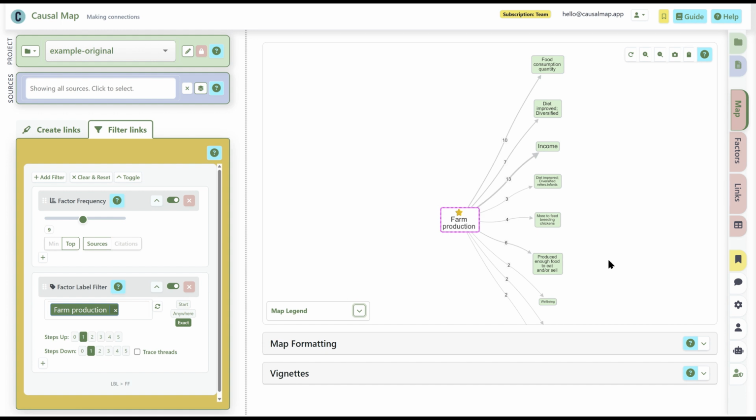And there's one more thing in the interactive view. You can create new links. Supposing you're doing a workshop and you've got this on a screen, everyone's looking at it, or everyone's looking at it on their own screens. And somebody says to you, look, there's actually a link between producing enough food to eat and or sell and well-being. That in itself is